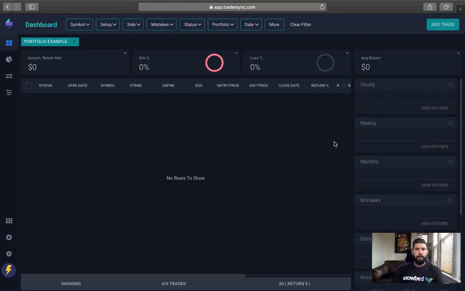And what I really liked about it was all the in-depth stats that you get from it. This really allows you to see your performance overall, how you're performing, where your opportunities are, what your strongest types of setups are, and what strategies are working for you. Some of the cool features are that it shows you your win percentage, your loss percentage, your average return. It breaks down hourly what hours are most profitable for you, what days of the week are most profitable for you, your monthly